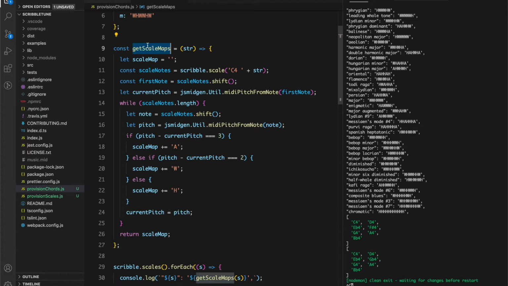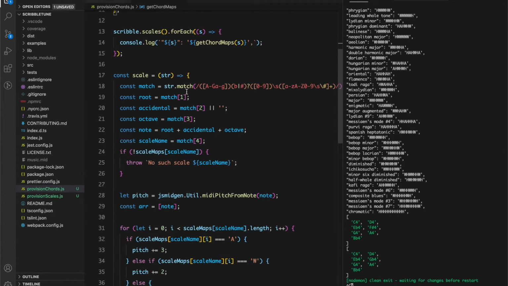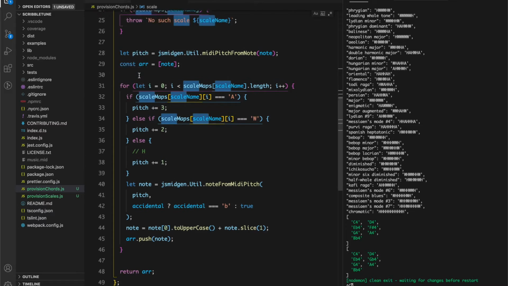And then instead of get scale maps, we'll call it get chord maps. This logic is going to change, so I'm just going to remove it. This might change a bit as well, but instead of scale we'll call this chord obviously, and wherever we have a reference for the word scale we'll change that to chord.